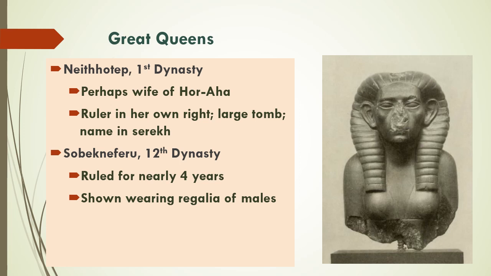Let's wrap up our look at concepts about gender with some of the great queens of ancient Egypt. And this is a bit of a prelude to one of the great queens that we'll be examining next. It's hard to say very much definitively about these women who took the throne or exercised a great deal of power in the court. One of the earliest is Neith-Hotep of the first dynasty, once thought to be the wife of Narmer. Now most scholars think that she was the wife of Hor-Aha,